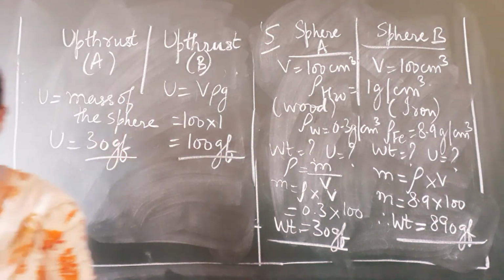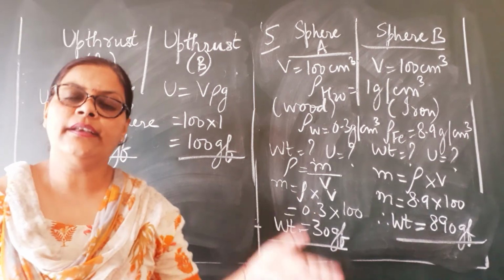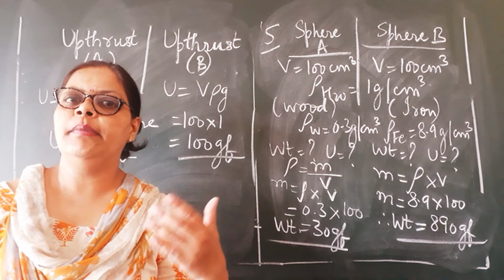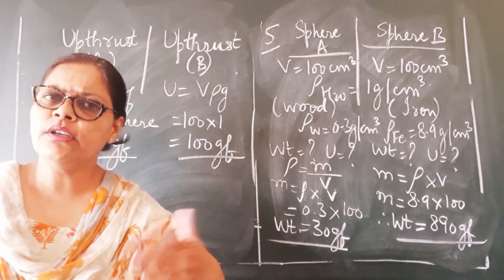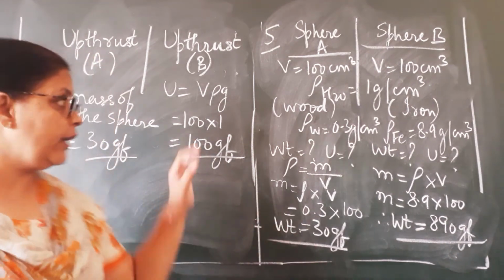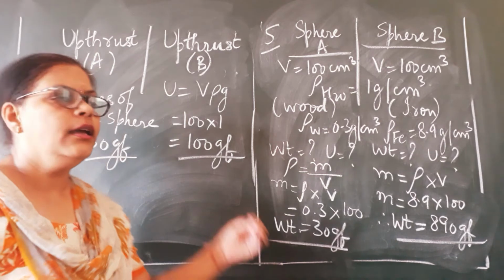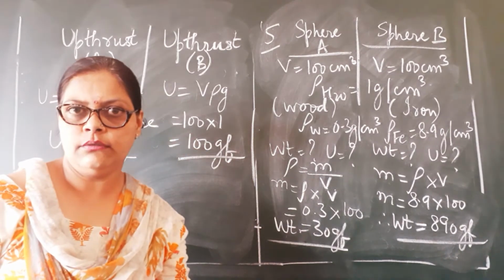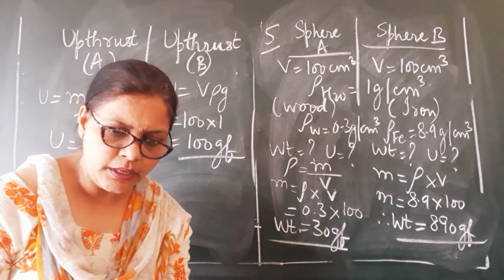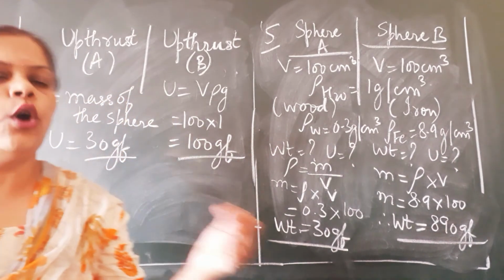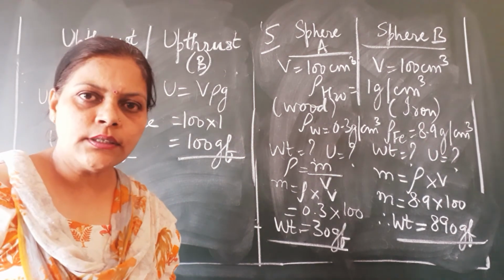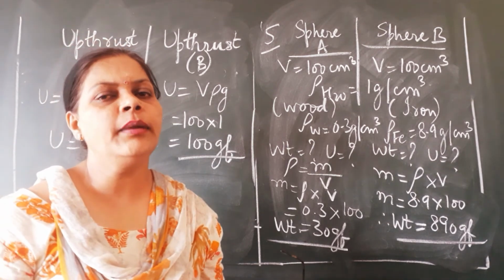See, certain technical things have to be kept in mind always. What are the technical things? First of all, when the thing is hollow or maybe it's very light in weight, in that case, whenever the upthrust has to be found out, we will not use V rho G, we will directly equate it to the mass. But when something is very heavy and is going to sink, in that case, we will find out by V rho G. Okay, children? And of course, remember the Archimedes principle. The apparent loss in weight is equal to the volume of the liquid displaced or the volume of the body, which is equal to the upthrust. Okay, so these things have to be kept in mind.